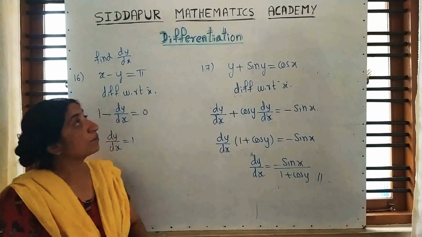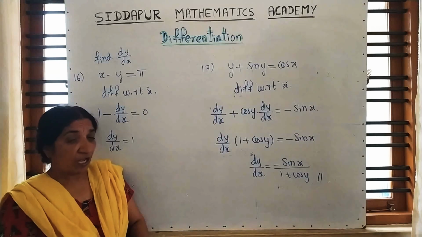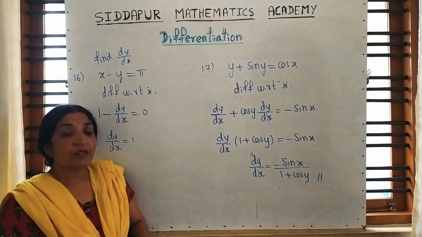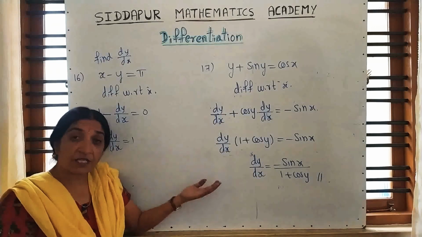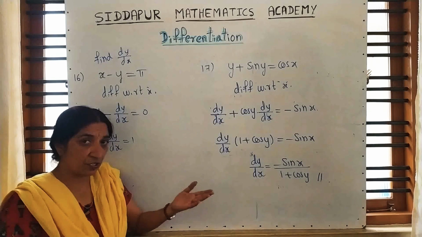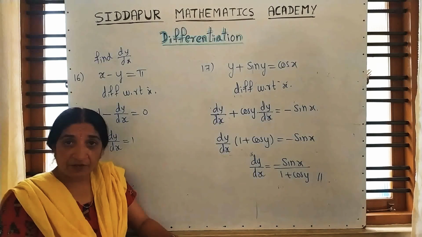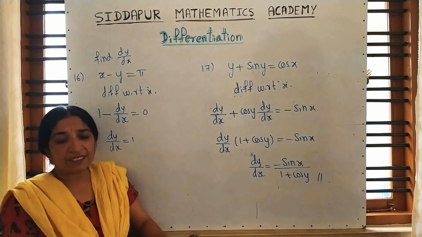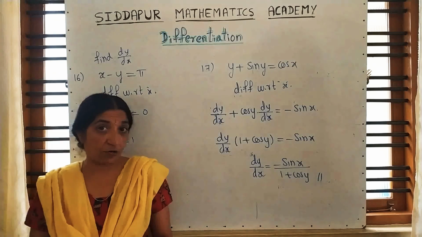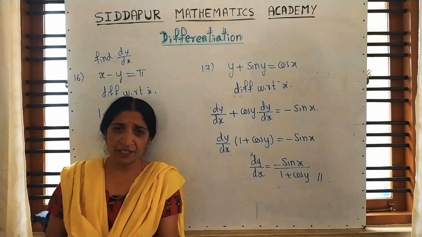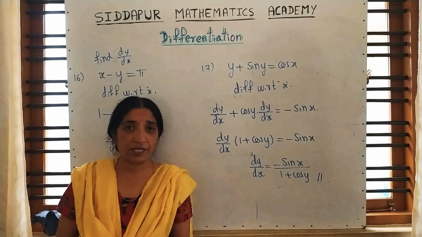So these are the simple examples on implicit and inverse. Are you feeling that the exercise is simple or what? In the next class, I will give some more examples on differentiation of inverse trigonometric functions. They are not in NCERT, but they will help for your competitive exams. That's why I am giving you at least 10 to 15 questions on differentiation of inverse trigonometric functions. After that, I am moving to the next concept, differentiation of exponential and logarithmic functions.